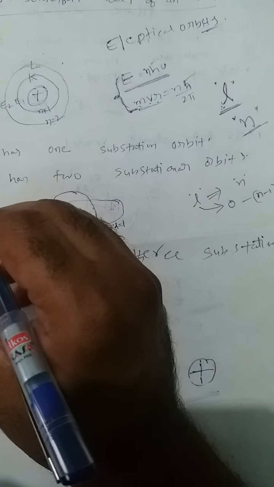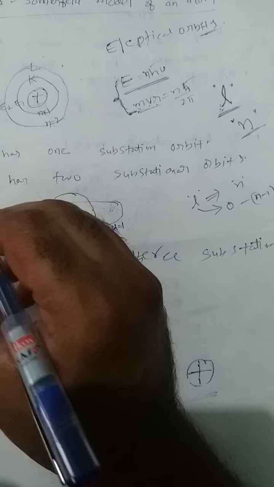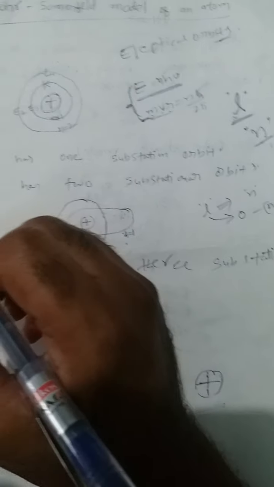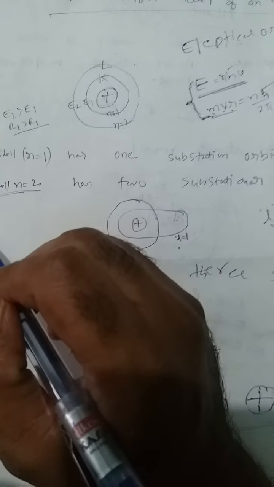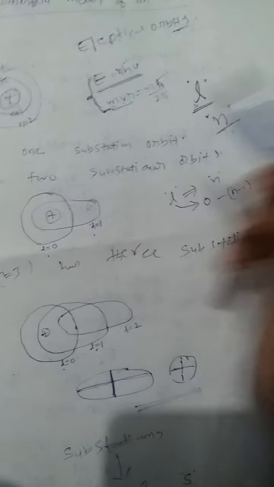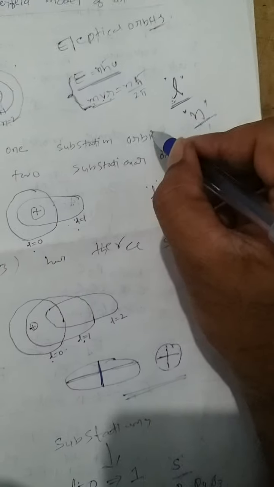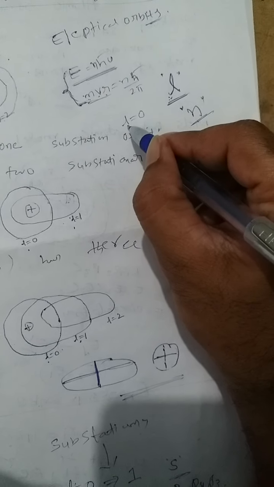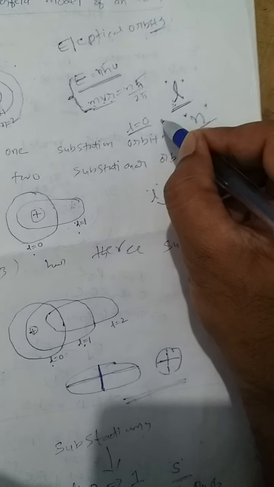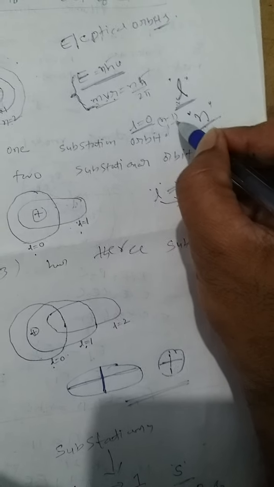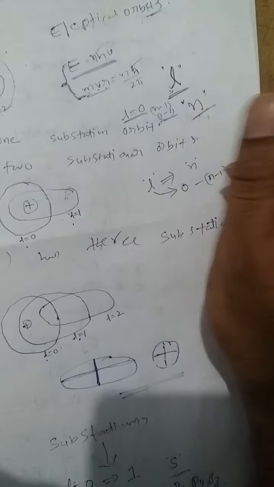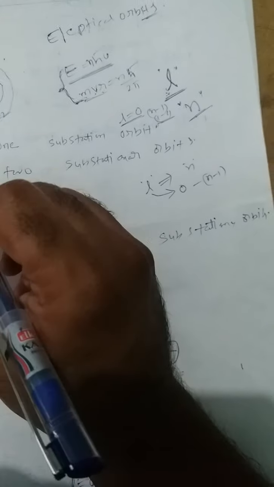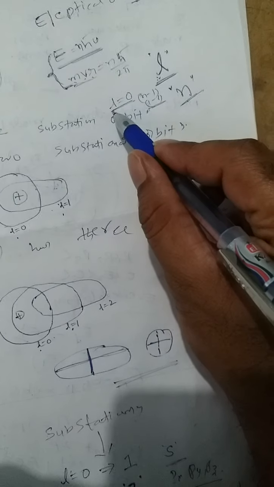The K main shell, that is the first stationary orbit, n equal to 1, has only one substationary state. So it has only one L value, that starts with 0 and ends with n minus 1, that is 1 minus 1, 0. That is, L has only one value, that is 0. So the K shell has only one substationary orbit,